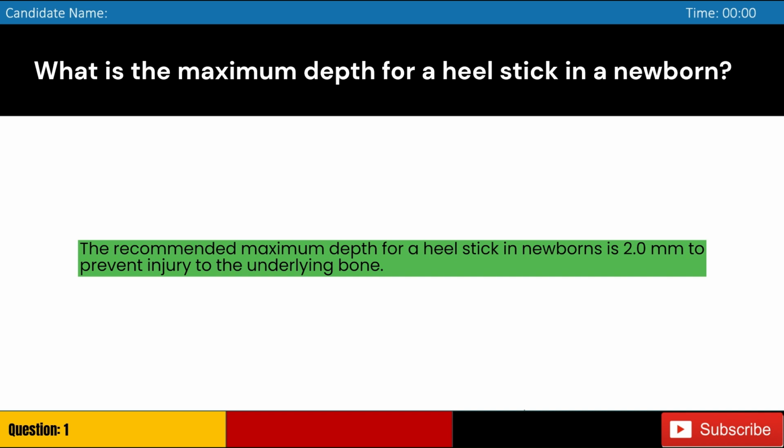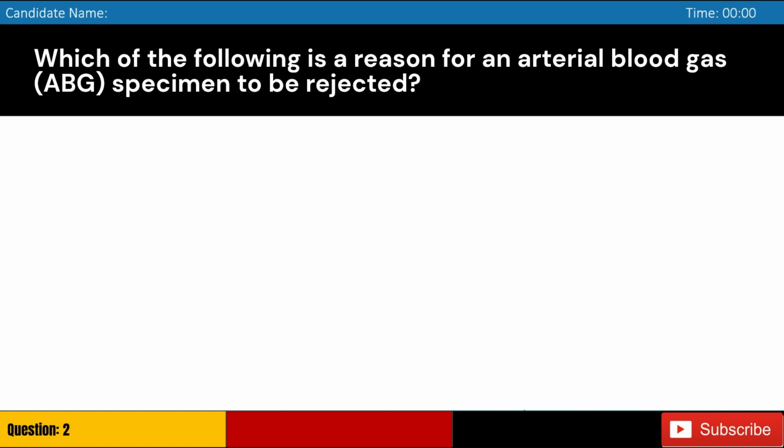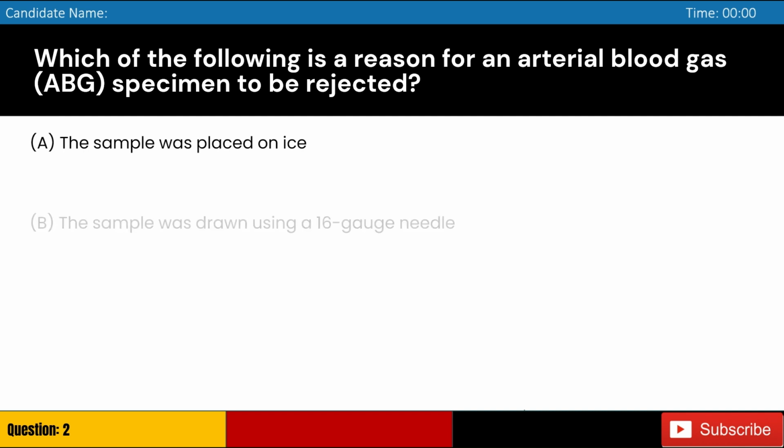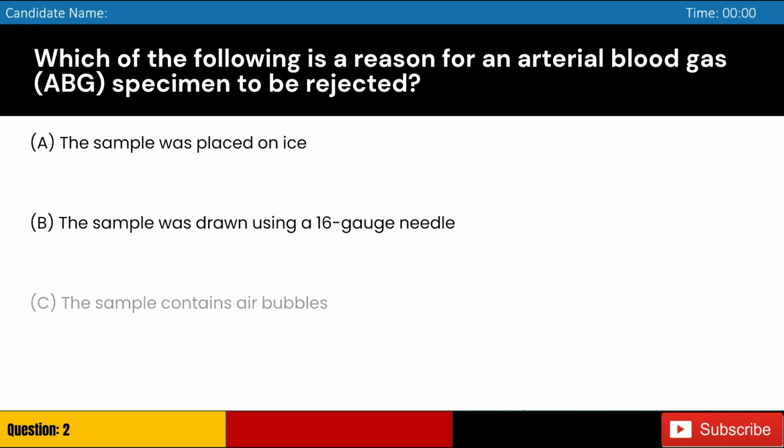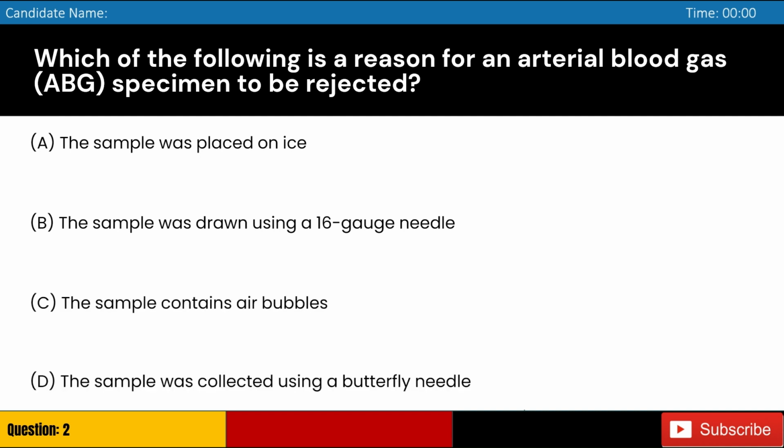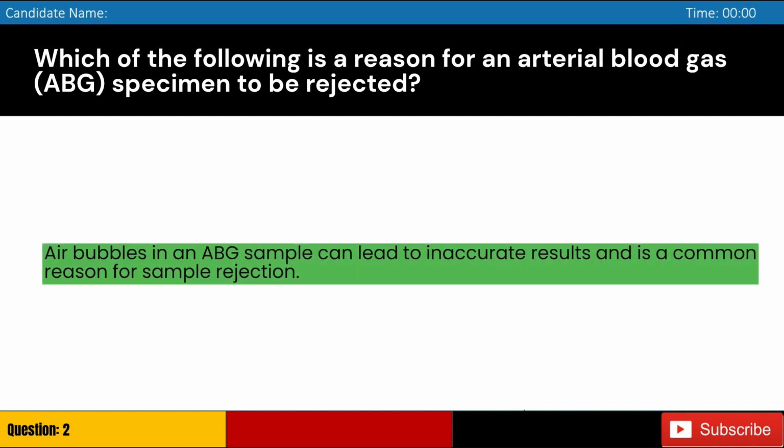underlying bone. Which of the following is a reason for an arterial blood gas (ABG) specimen to be rejected? A. The sample was placed on ice. B. The sample was drawn using a 16-gauge needle. C. The sample contains air bubbles. D. The sample was collected using a butterfly needle. Answer: C. Air bubbles in an ABG sample can lead to inaccurate results and is a common reason for sample